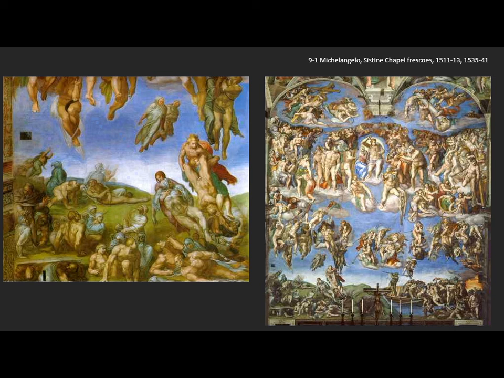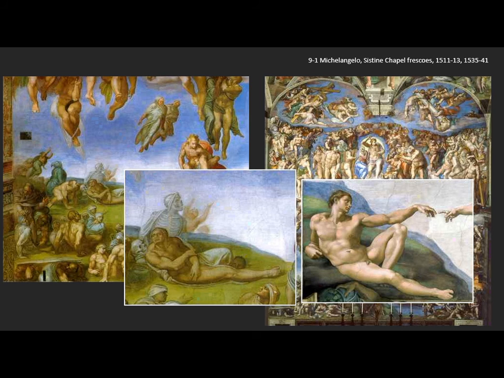So here in the lower right corner, we see angels coming down to rescue people from their graves, to pull them up toward heaven. You'll notice in the center there's a figure that looks very much like Adam. He's in quite the same pose as Adam, and is being brought forth into his salvation. This is one of the few ways in which Michelangelo ties the figures from the Last Judgment to the ceiling above.